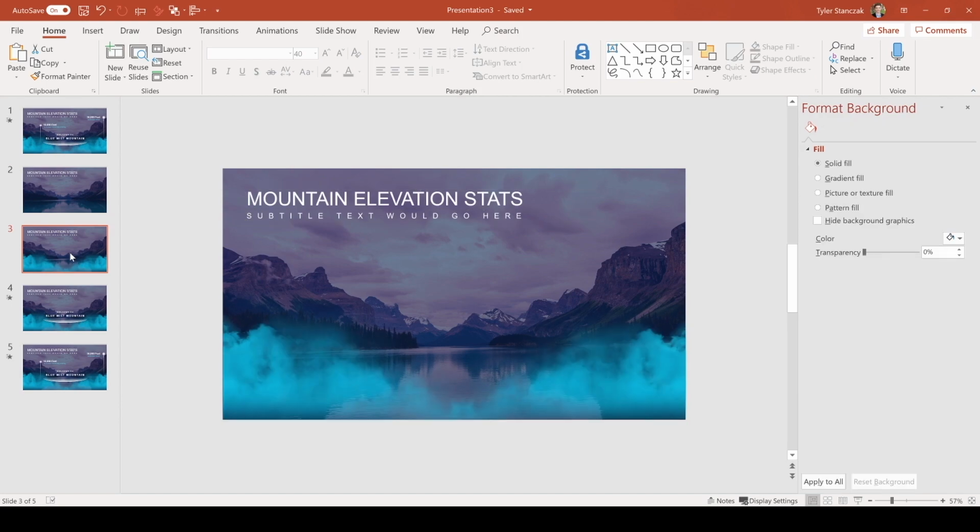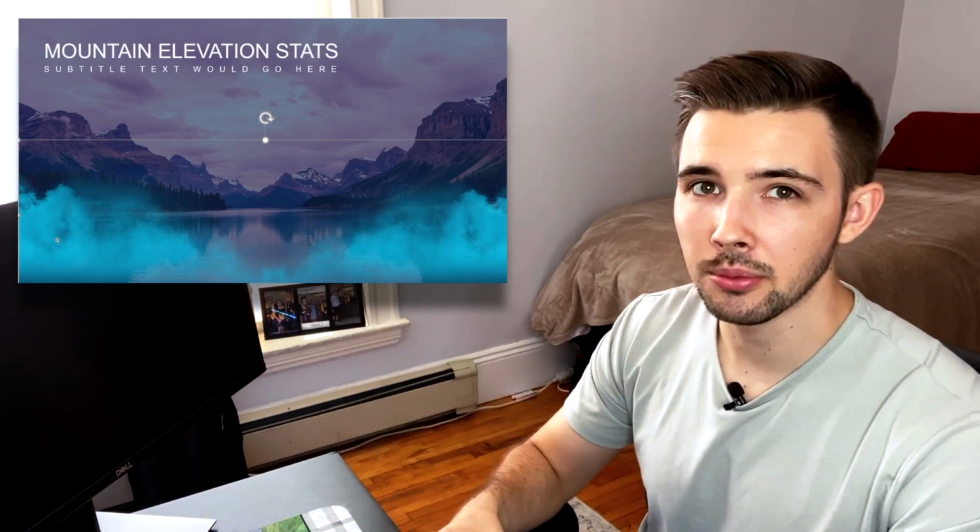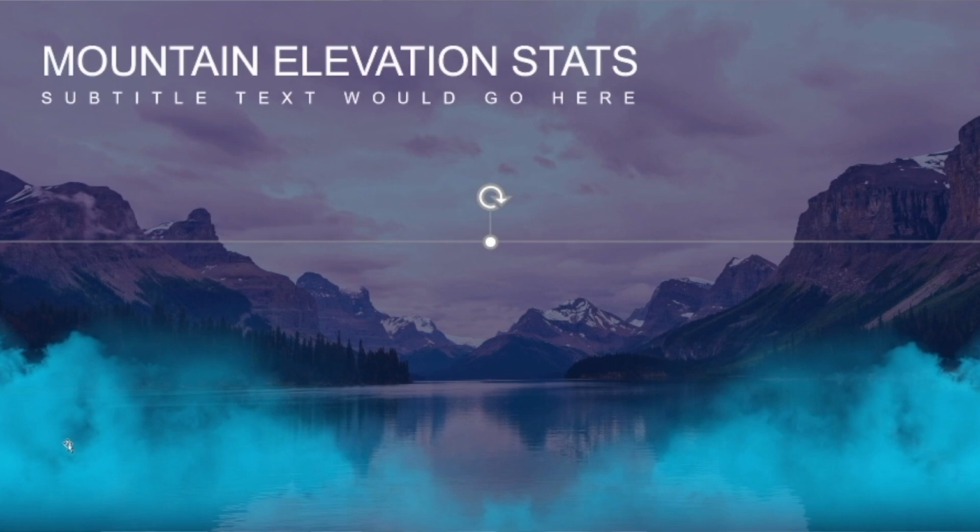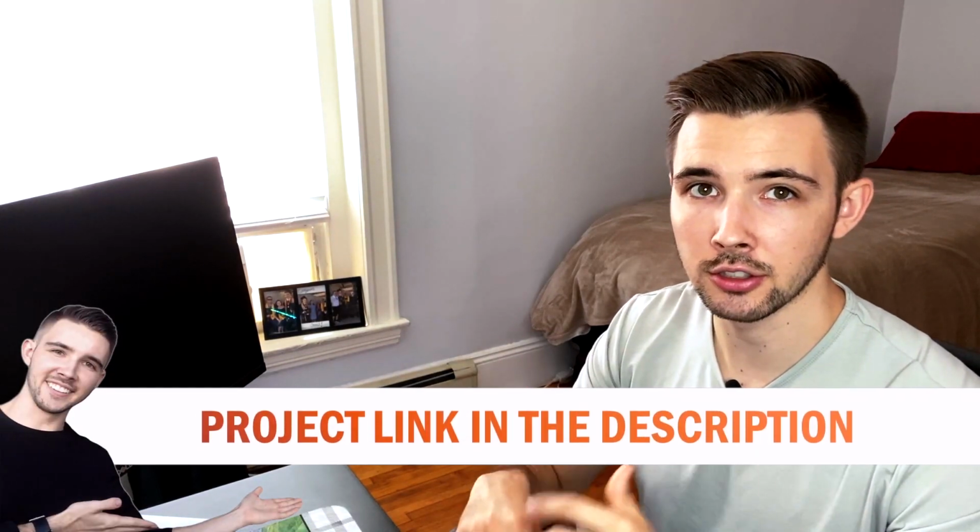Moving on to slide 3, now I'm adding in that blue mist fog. I could actually animate this misty fog to come in as well, but for this animation, I didn't want to be too busy, so I just added it as a still image. To get this fog, I actually made it myself in Photoshop. I know this is a PowerPoint tutorial, so I'll be linking this template in the description below for you guys to have. If you like that blue mist fog, you can take it for your own presentations.